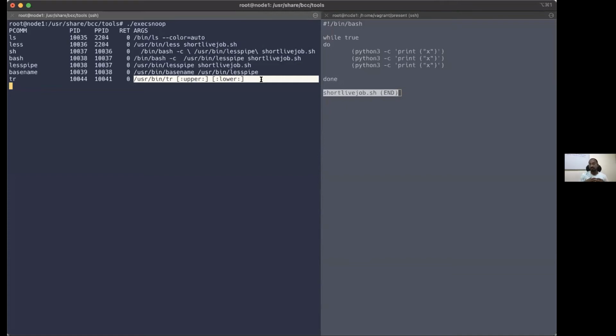So when you are executing a process, there will be a lot of child processes created behind it. A particular child process may be creating a lot of noise in the system. You need to understand, when I'm executing some program, what background things are happening in my system. You can easily observe that using execsnoop.